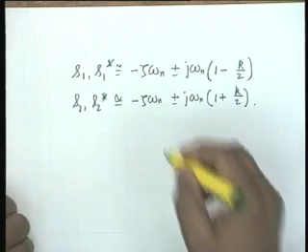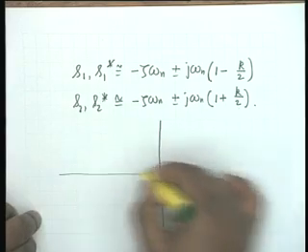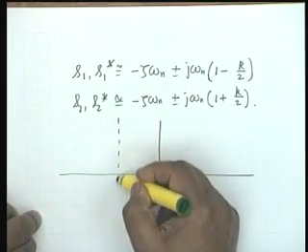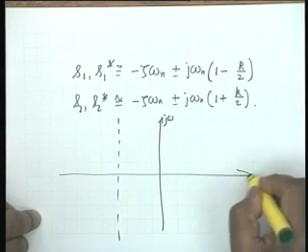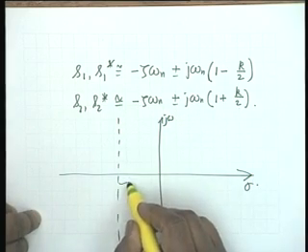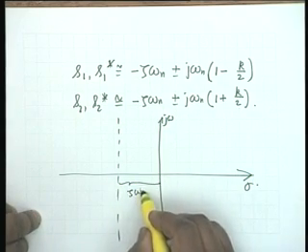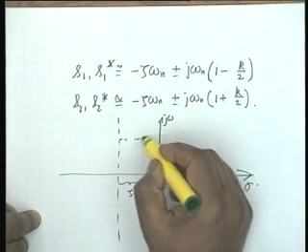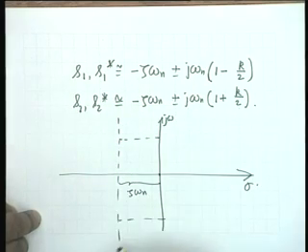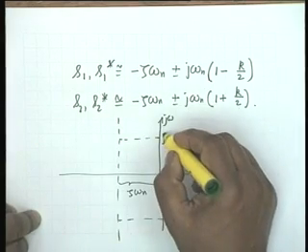And we notice that the pole locations are such that they all lie on a line parallel to the j omega axis at a distance of zeta omega n from the origin, and that they are symmetrically located with respect to j omega n,